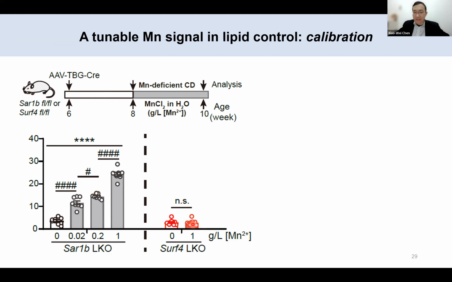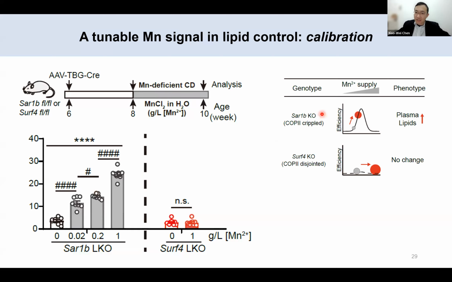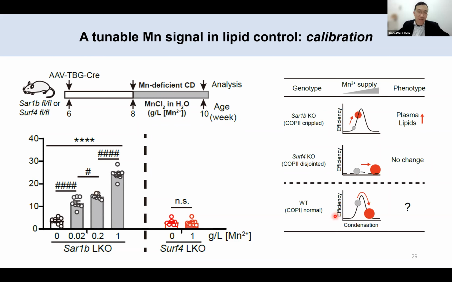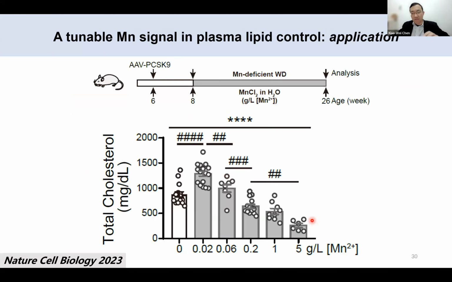So these results show that the dietary approach to elevate manganese signal is effective, quantitative, and also quite selective. The calibration experiment can be summarized here, and this really intrigued us to ask what would happen in normal mice, or at least in mice with normal COPII function. And the results, to our great satisfaction, also suggest that COPII-mediated transport is a major determinant of lipid control in vivo, because we observed this bell-shaped regulation on plasma lipid levels